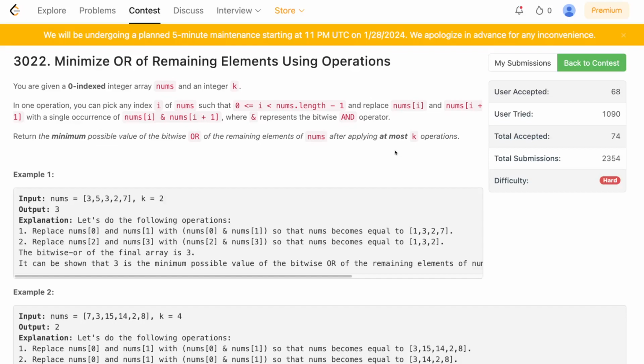Hello everyone, welcome back. In this video, we'll be discussing the last problem of today's weekly contest, minimize OR of remaining elements using operations. I was not able to solve this problem during the contest, so this will be an interesting video because I will be sharing the solution as well as what path I took during the contest and why that path